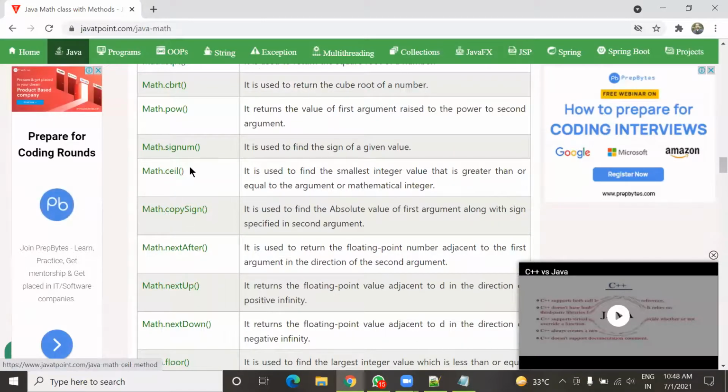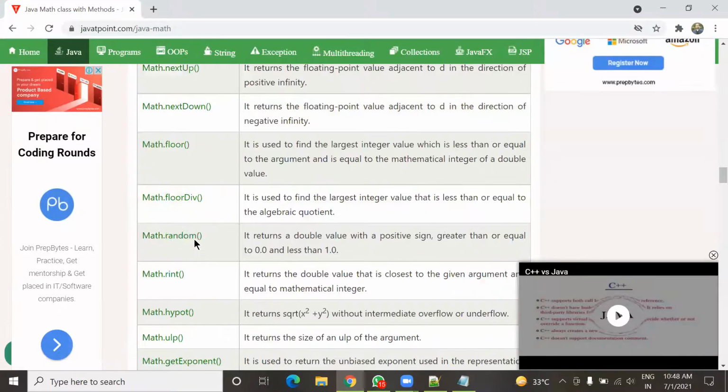Again, it is for rounding values, copySign, nextAfter. All these are from this Math class. Like Math, so many other classes are also there in Java, and each class has its own list of predefined methods. So don't worry about this. You don't have to study all these methods at a time. It will come at a slow pace.